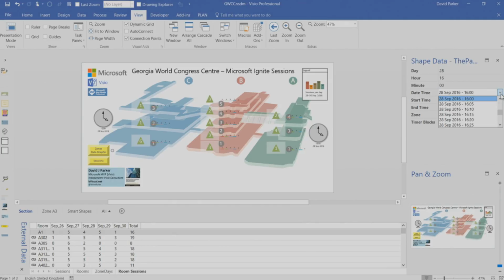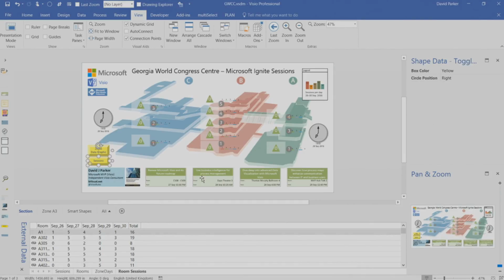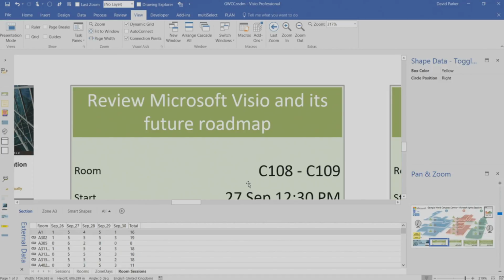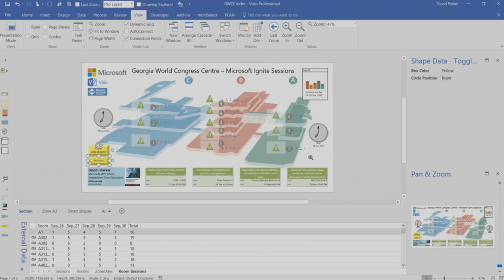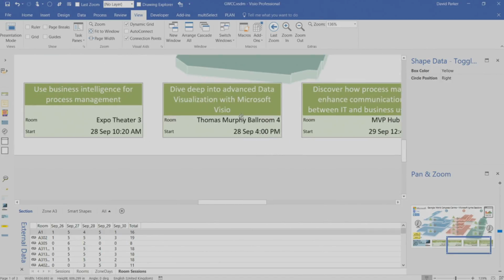So throughout the whole of the 5 days here, I can choose a time and then see how many events are going on within that particular zone. So I'm just going to switch on my sessions, because I've got some sessions down here, which, if you see, are the ones that you should have gone to yesterday. Hopefully most of you did. And if I click it to today's one, which is this one here,